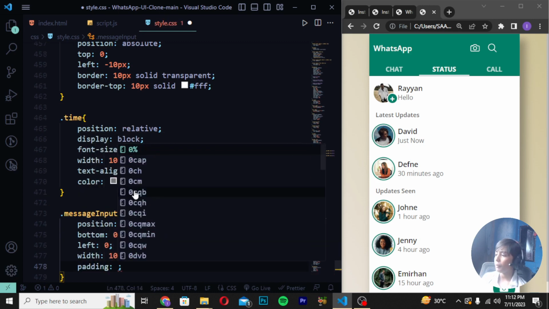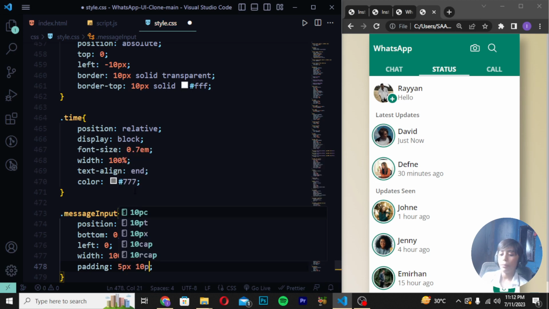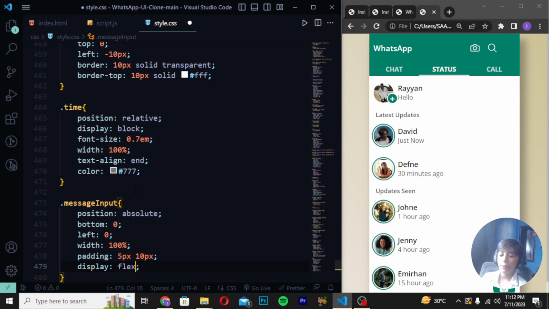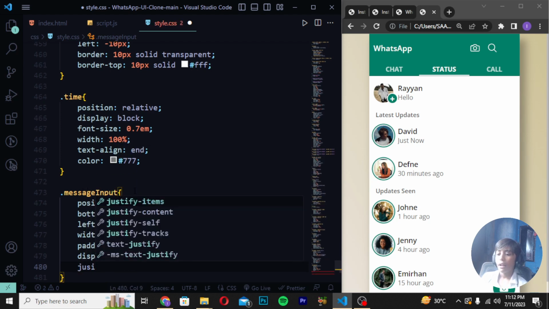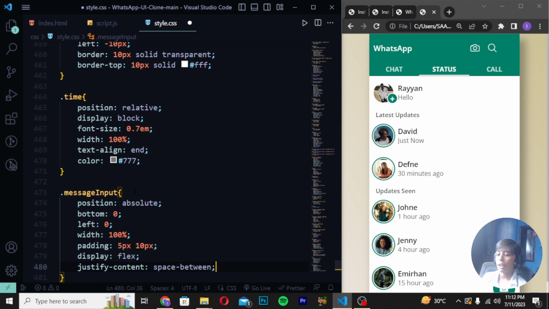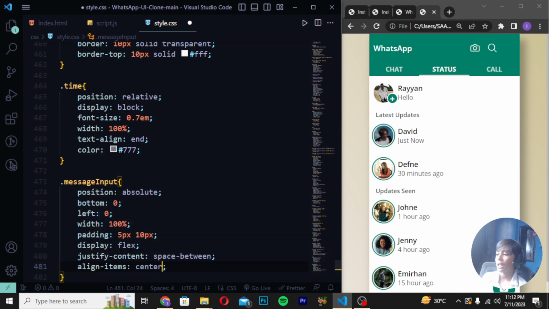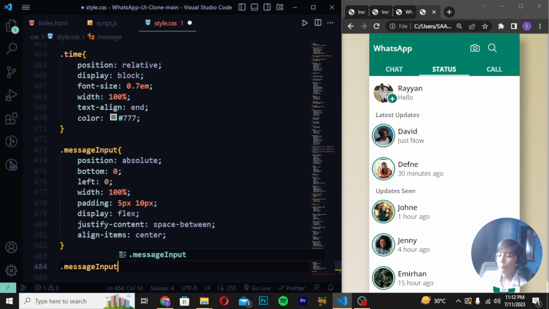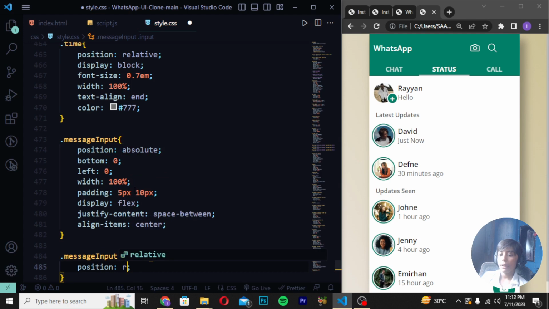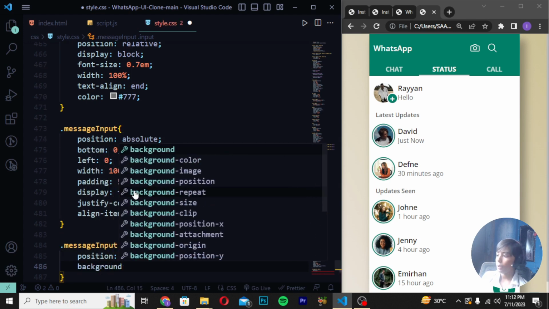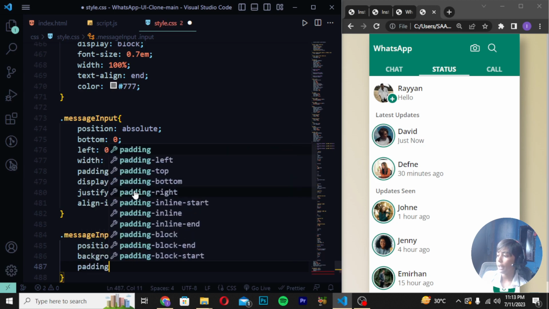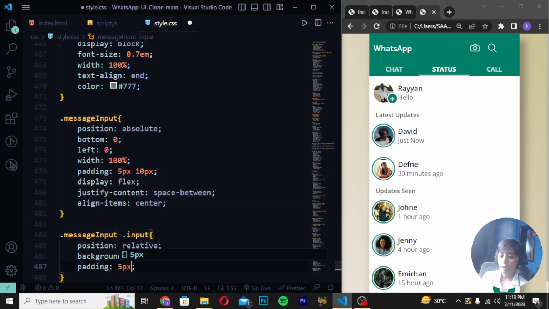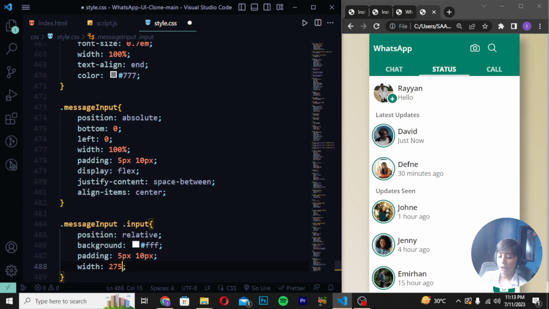And here we can write padding should be 5 pixels, 10 pixels, and now display should be flex, justify-content should be space-between, and now align-items should be center. Dot message: here I will be writing .message input, position should be relative, background should be #FFF, padding should be 5 pixels 10 pixels, width should be 275 pixels,